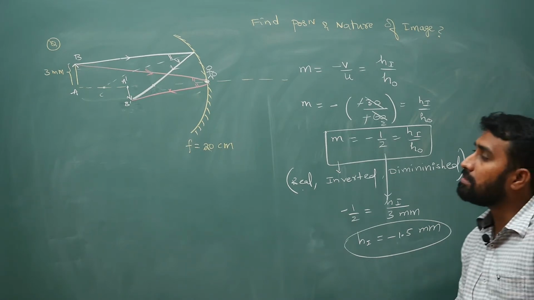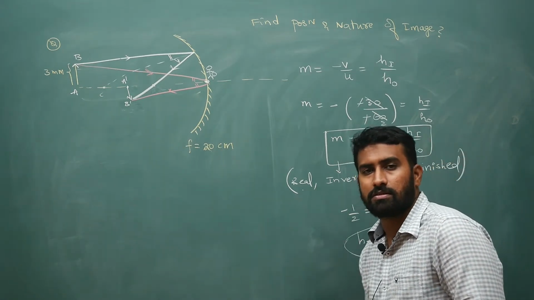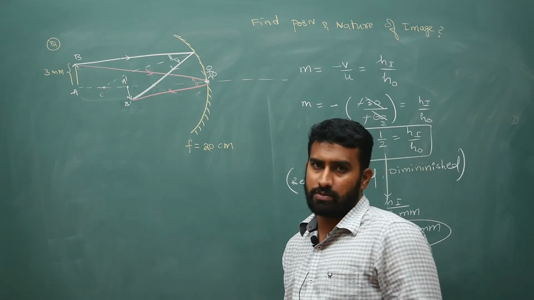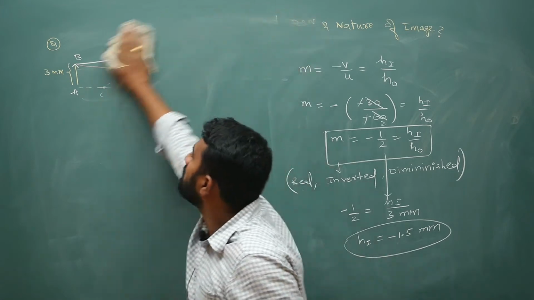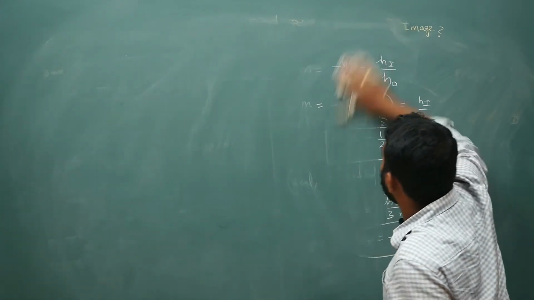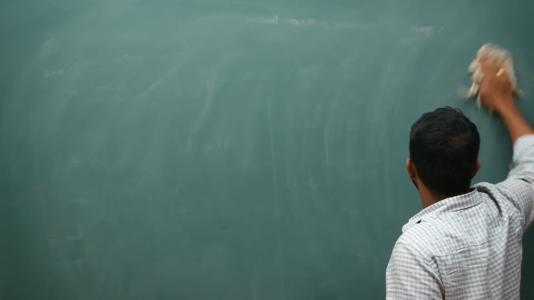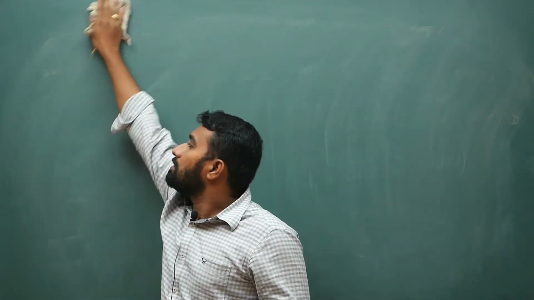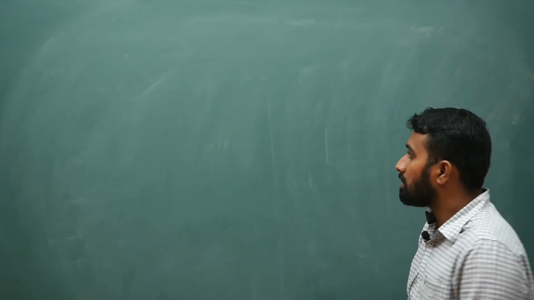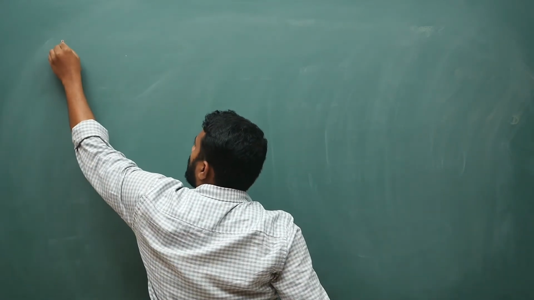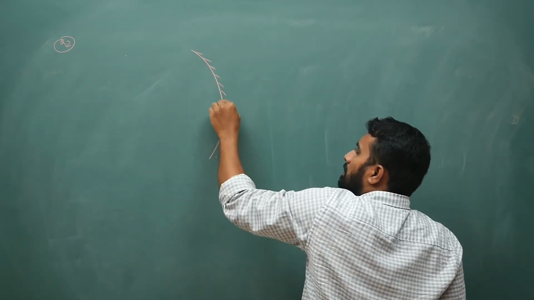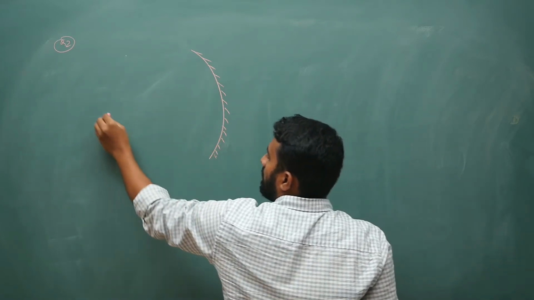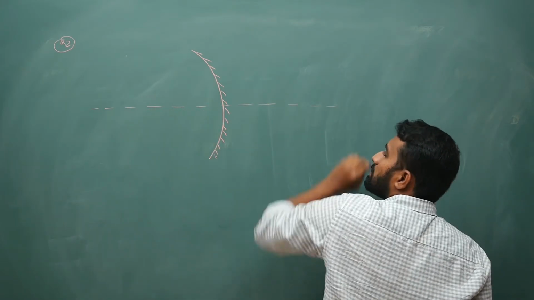Now we have seen real object, real image. Let us see about virtual object also. Many students will get confused here. That is why I am doing this here itself. While explaining virtual object, usually you will not have questions with image height or magnification related stuff. So the question is like this. Your question number 2, based on concave mirror only. So your mirror is like this. Now this is your principal axis.